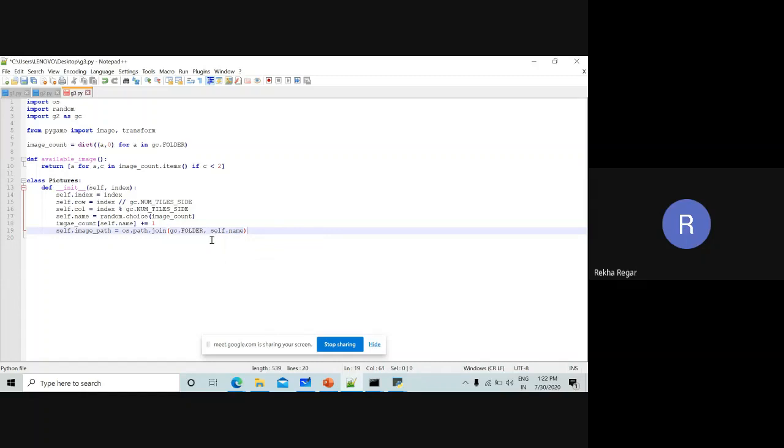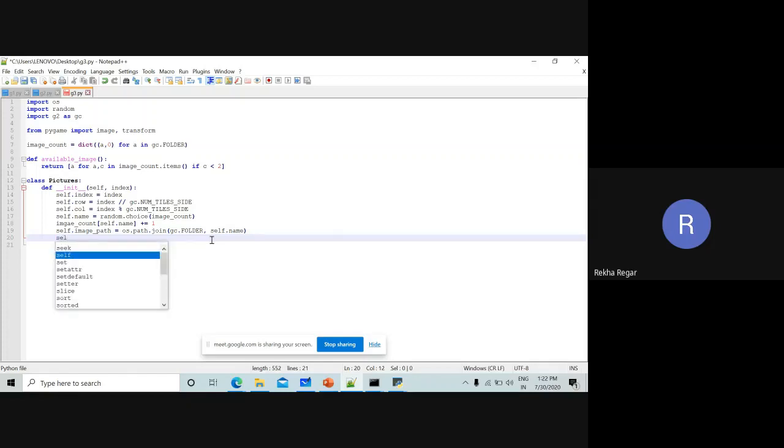So this is the image path, and after that we need the image. It means we need to load the image. So self, we are going to take one variable image, and where we are going to load this image. So image.load, whatever we have, self., where we have the value.